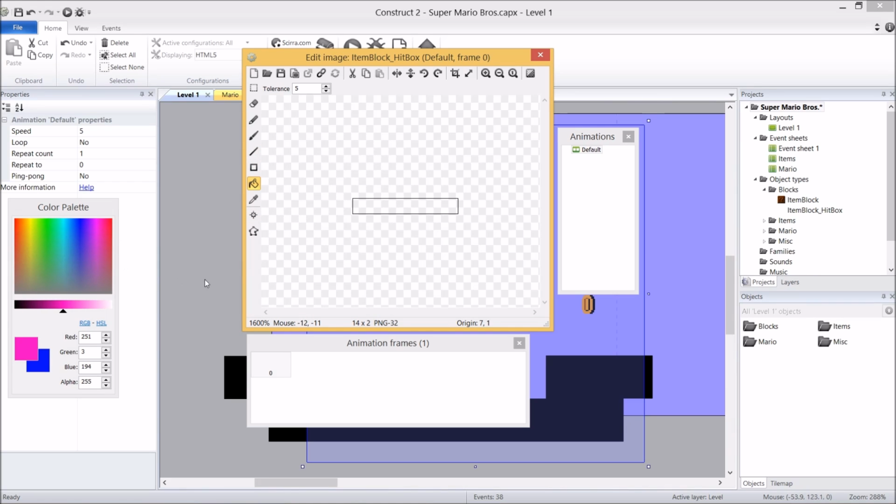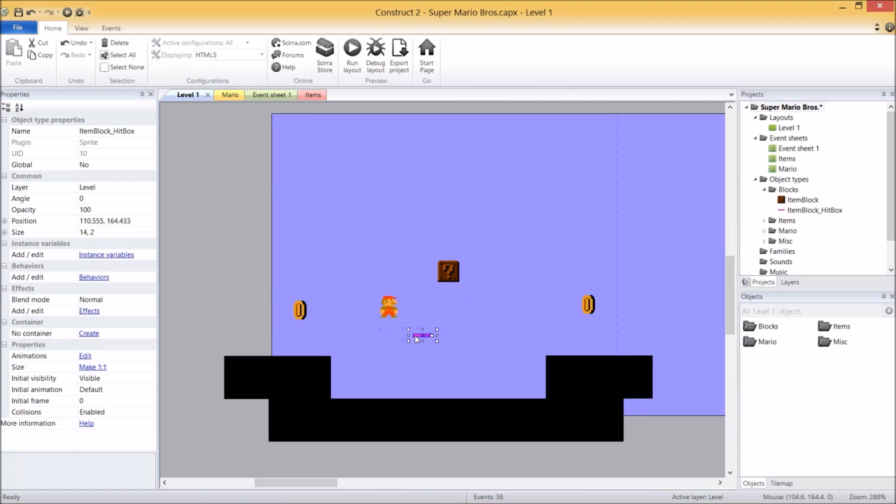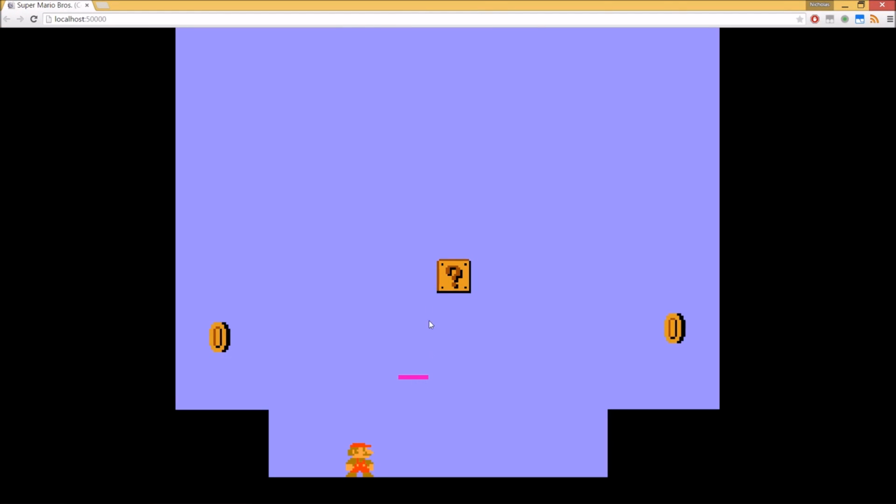Okay, so that's our amazingly complicated sprite. I'm just going to color him in a stupid pink, and the reason I do it stupid pink is because I can easily see if he's on the level, and there he is. So we can easily see that hitbox there. Okay, because I actually don't want to see him later on. Okie dokie. So, let's play the game. So this hitbox here is going to be invisible.